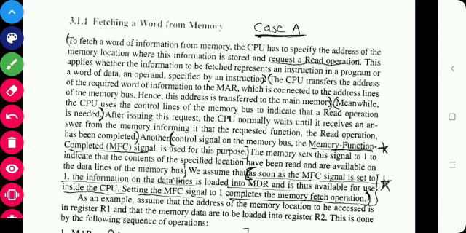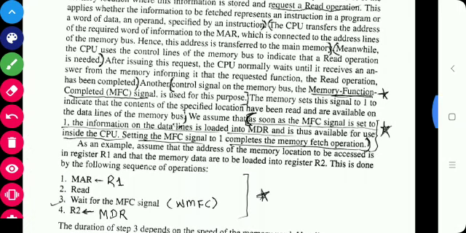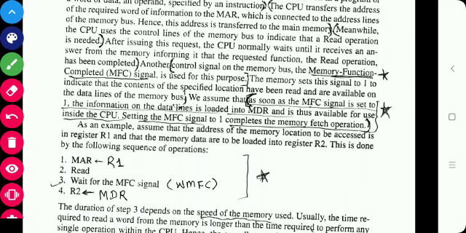So the first operation is fetching a word from memory. What do we need? We need the address of the memory location from which we require the word. And as we are fetching a word from memory, we are performing the read operation. Suppose the address of the memory location is stored in the R1 register, and the data fetched from the memory is to be stored into the R2 register, then the sequence